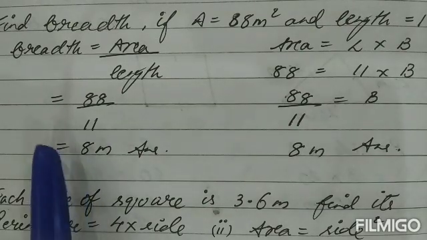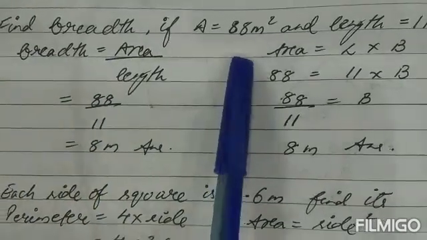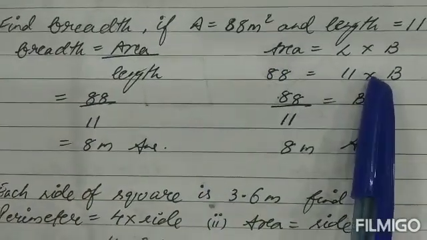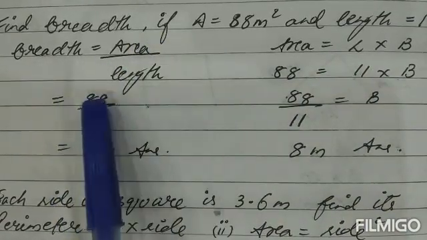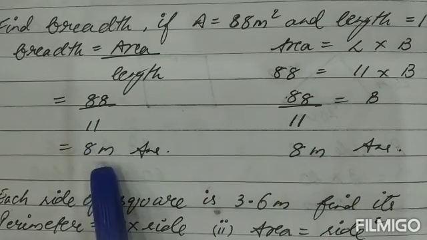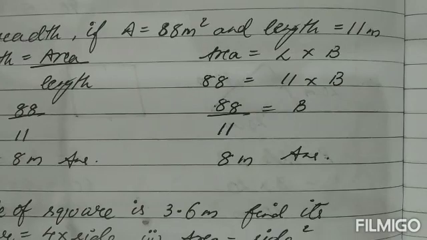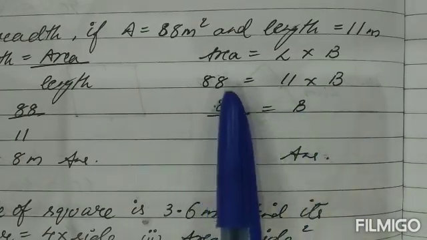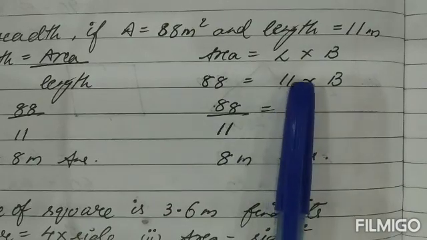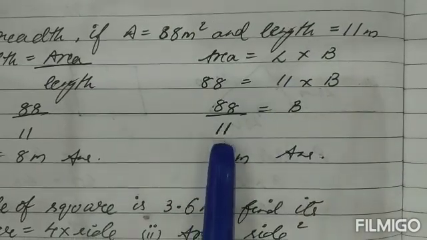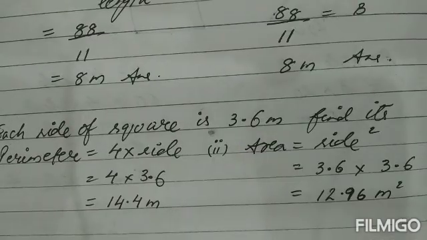Similarly, I have done the second part of the same question, children. It is asking find the breadth if the area is given and the length is given. Now one way is I use the formula for breadth. So breadth is equal to area upon length. Same way, children, put the values, reduce, 8 meter. Or the other way is I use the same formula, that was area is equal to length into breadth. Once again I place the values, and for calculating breadth I need to remove this 11 from here. Goes on the other side in division. Reduce it and you get the answer as 8 meters.